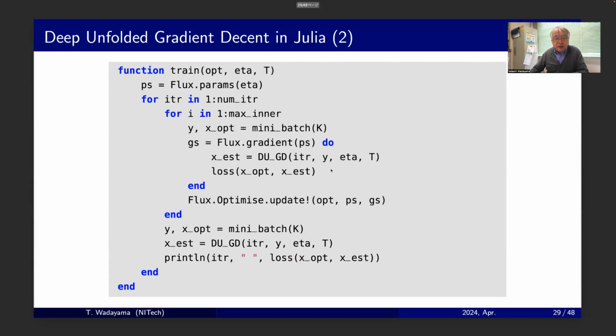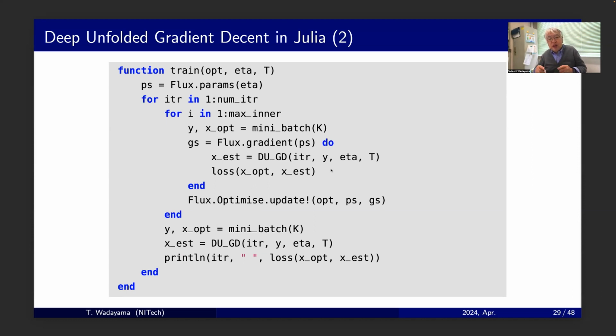Now we can see the training part of the gradient descent. This is the training code for gradient descent. You can see that very simple code is enough for incremental training. There are two loops, outer loop and inner loop. The outer loop is used for controlling the number of iterations of gradient descent. The inner loop is used for actual training.